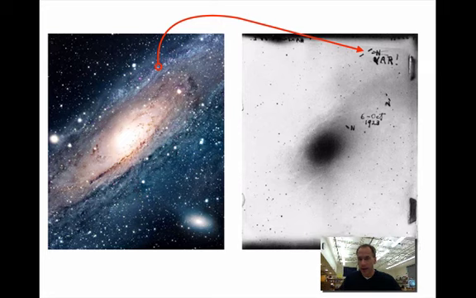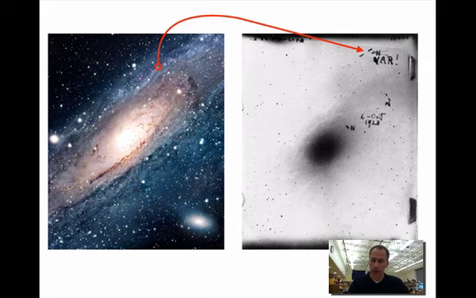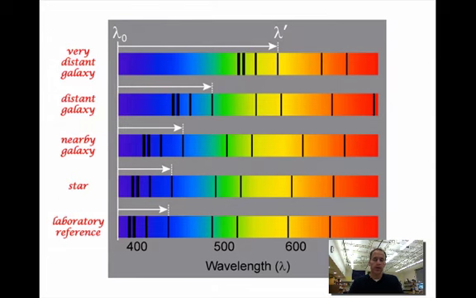This is a slide of the first variable star he found there, and it turns out to be 2.5 million light years away. The second thing he did was he looked at the spectrum of light emitted by the stars in these galaxies. And in particular, in this example, the lines created by the element of hydrogen. Hydrogen makes the same lines when the atoms are excited. So we can see it down there at the very bottom. It says laboratory reference. So that's the lines that we see emitted by hydrogen, the spectrum lines.